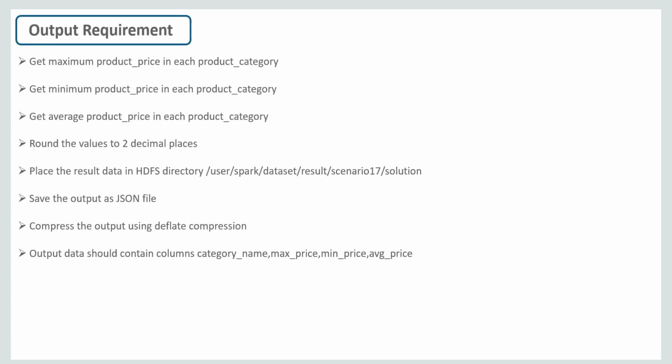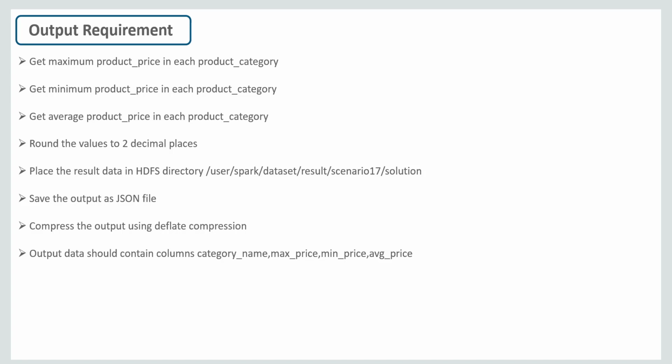The output requirement says that get maximum product price in each product category, get minimum product price in each product category, and get average product price in each product category. Round the values to 2 decimal places. Place the result data in HDFS directory. Save the output as a JSON file. Compress the output using deflate compression, and output data should contain the columns category name, max price, min price, and